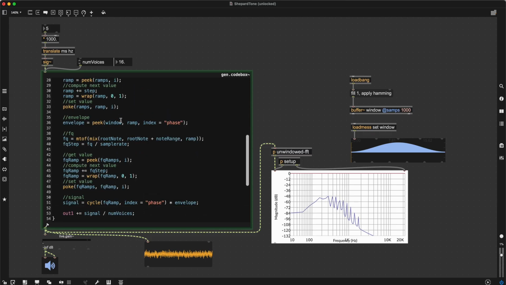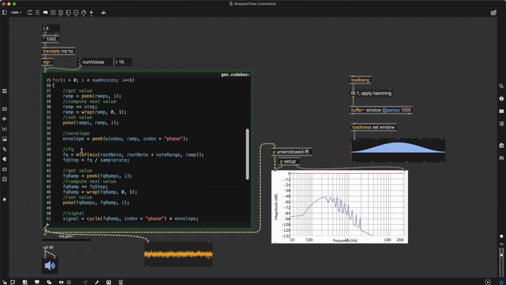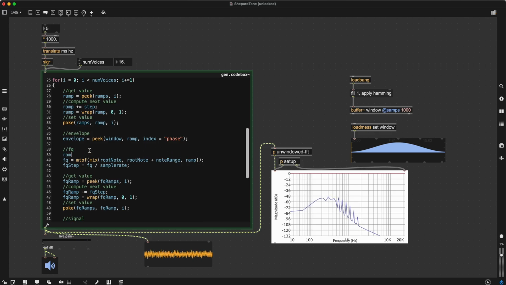And where do I need to put this? I think somewhere here, because we need to change the frequency ramp. So this one needs to change. So maybe we can reassign this and say something like ramp equals